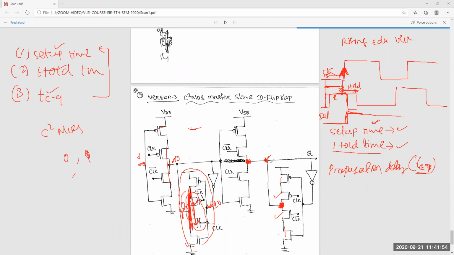Clear? Yes, sir. If this is on, then this value can change, but when this is off, this value depends upon this value. This is open completely, so this value can be anything, depending upon this.